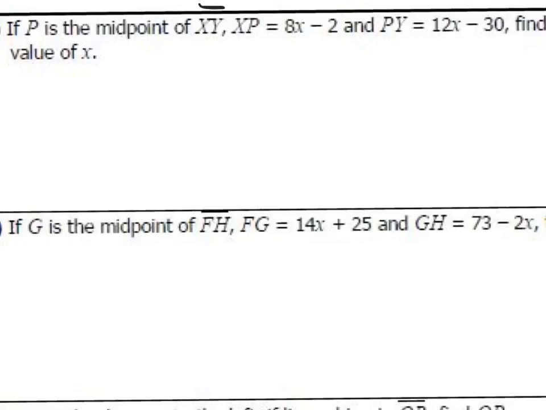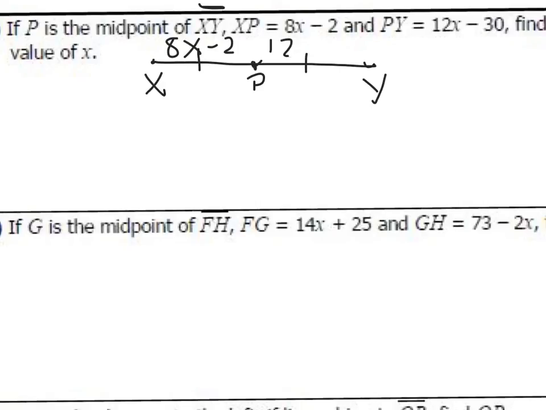All right, you've got to get a good picture for this. P is the midpoint of XY. So let's look at the segment XY. It says P is the midpoint. So what does that mean? It's exactly in the middle, meaning these two segments are congruent, XP and YP. All right, you know the value of XP is 8X minus 2. The value of PY is given as 12X minus 30. All right, so midpoint, it's exactly in the middle. These are equal. So you want to set up your equation as 8X minus 2 equals